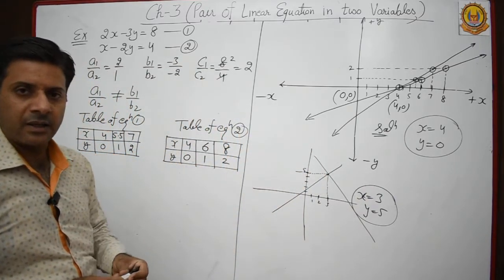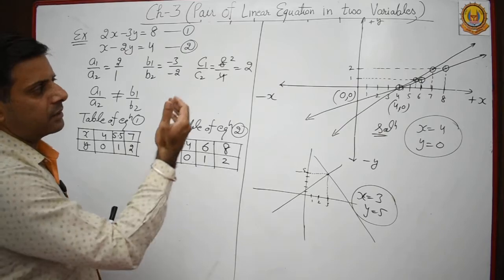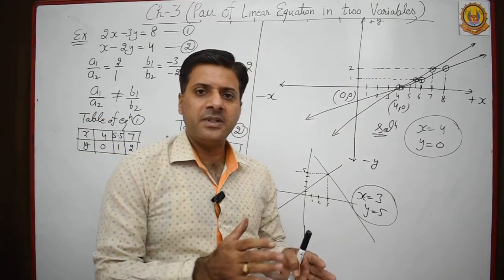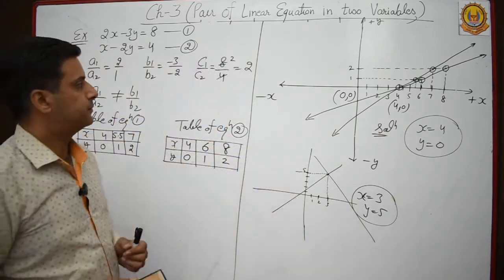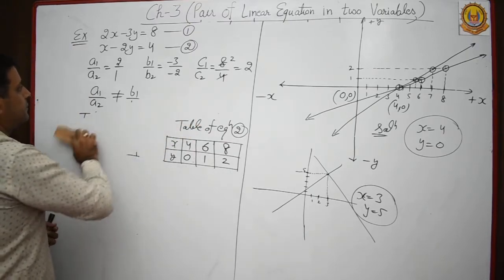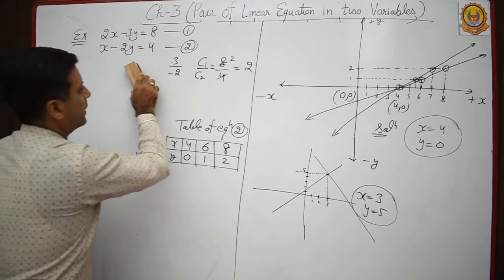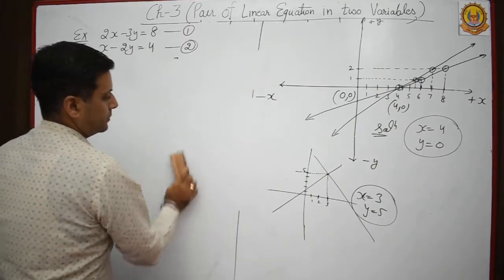And if parallel lines are there, then no solution is there. And if coincident lines are there, it means it has infinitely many solutions. So this is the graphical method of solving a given equation. Okay, so now